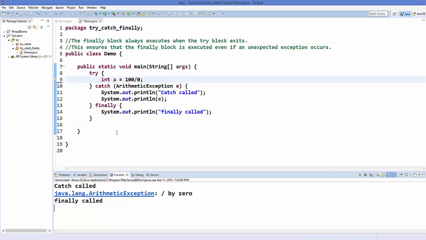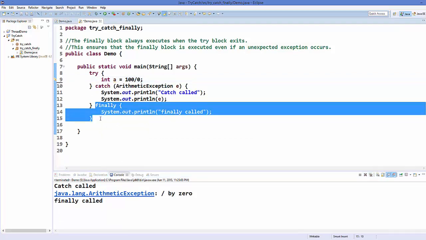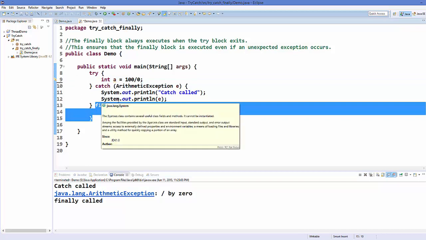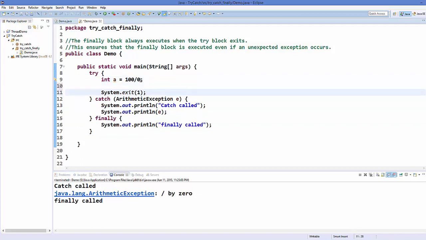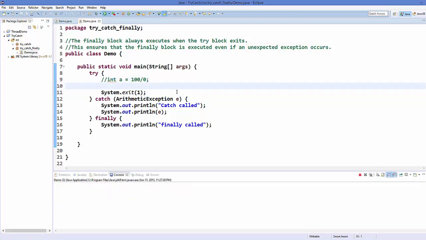There is only one situation where this finally block will not be called, and this situation is when you call a System.exit method inside your try block. So for example, I do something like this: System.exit with some integer here, for example 1, and I will comment this code, and when I run the code, what happens?